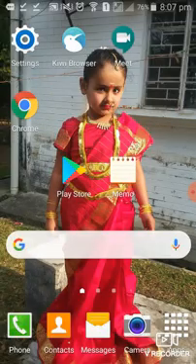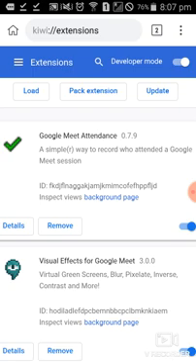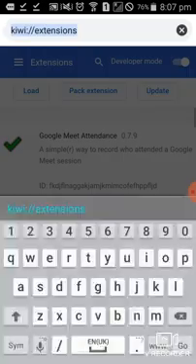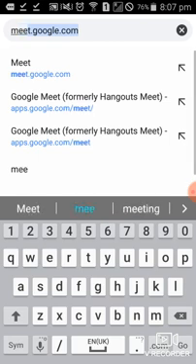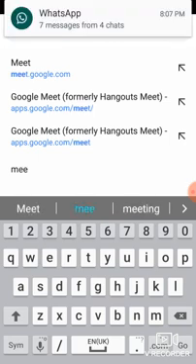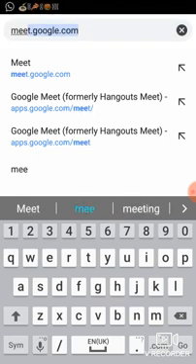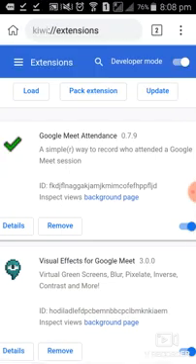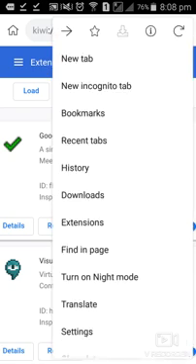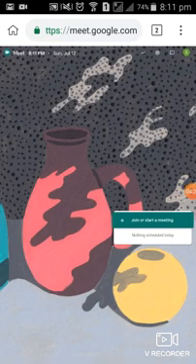Then go to the Kiwi browser, then we have to type meet.google.com. Now this page is open.